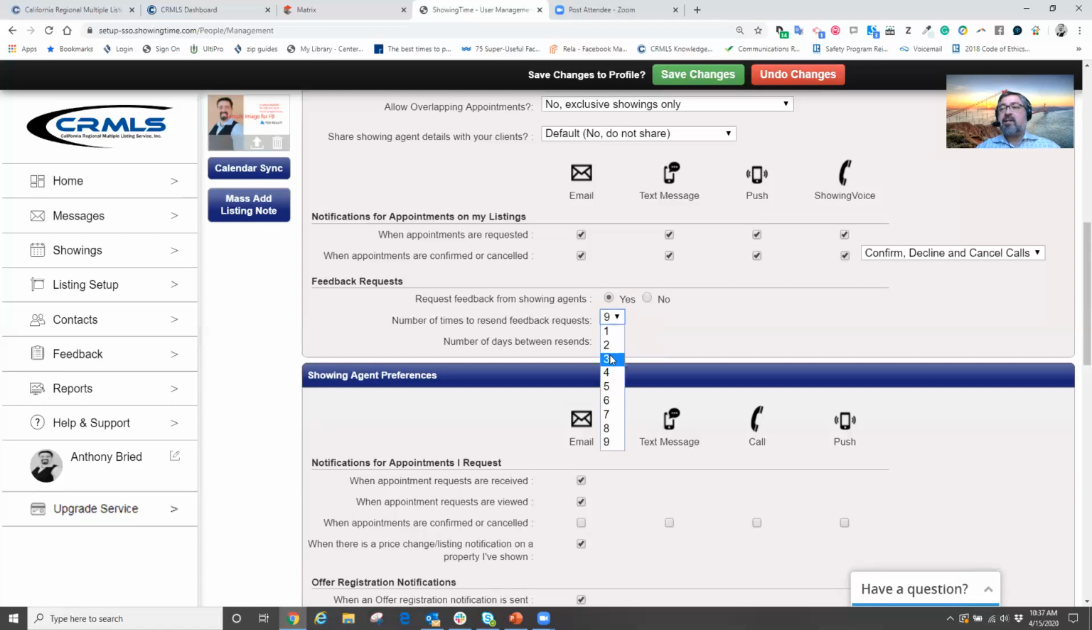I would say, as a general rule of thumb here, at least 3 requests 1 day apart. So the day that they show the property, they get a request to give feedback, then the next day, and then the following day. Hopefully in one of those 3 requests, the showing agent at least responds with some sort of response, whether it's positive or negative, about what they and their clients, most importantly, thought about a home,